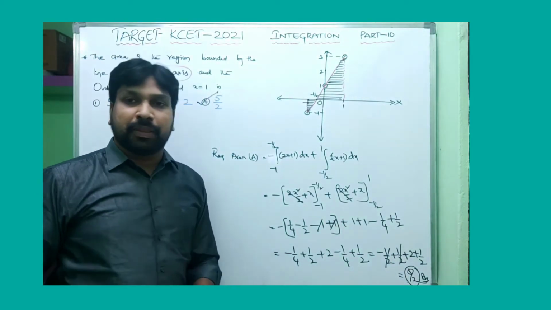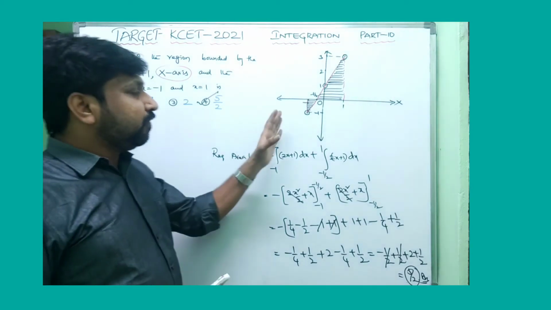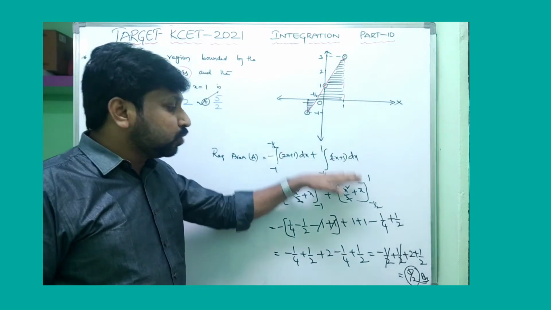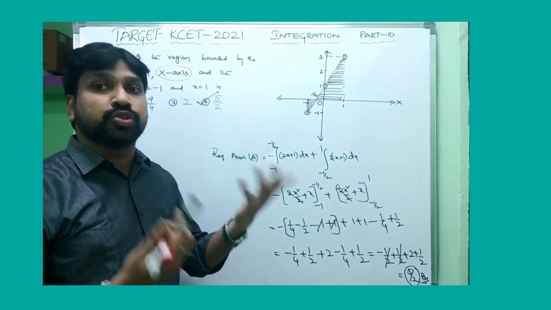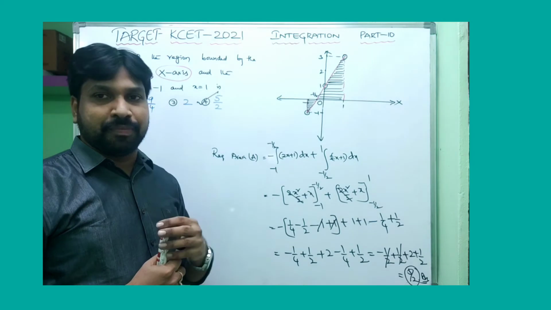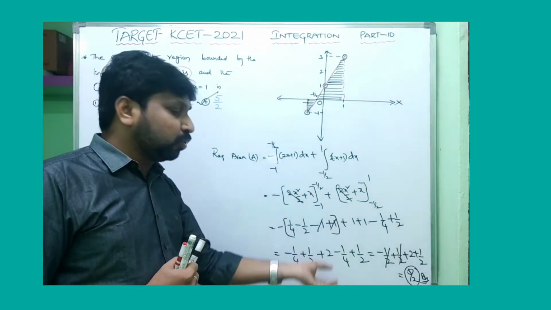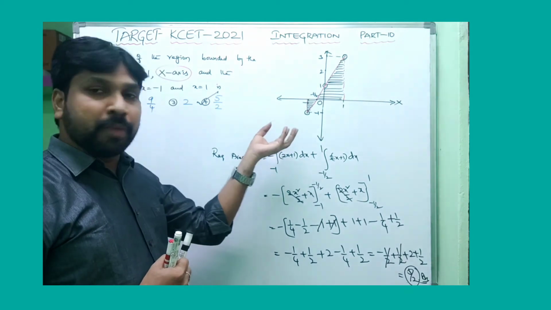So this is the method. Actually, friends, whenever this kind of question is given, if it forms a triangle, you have no need to solve by using this method. You have one more shortcut. What are we going to do? We use the area of a triangle. By using area of triangle, this kind of question is very easy compared to this method. I am going to do it by that method also.